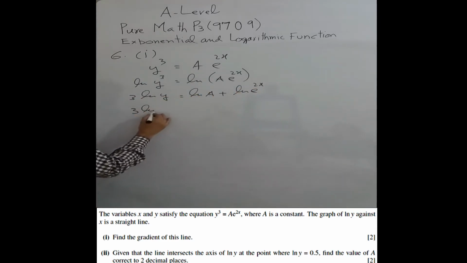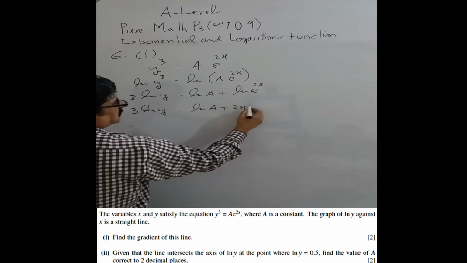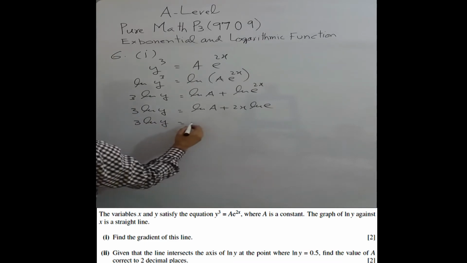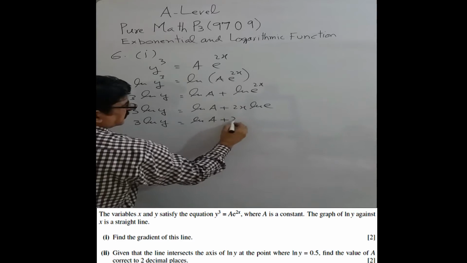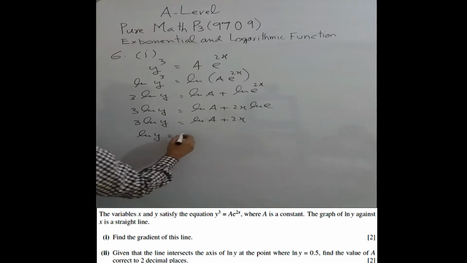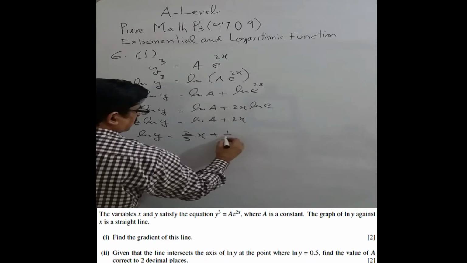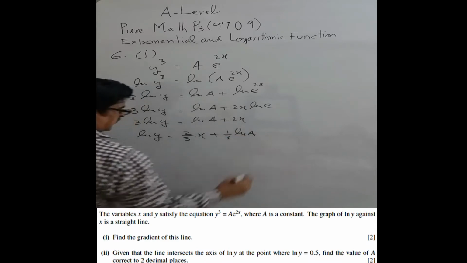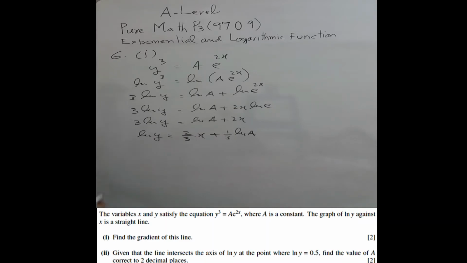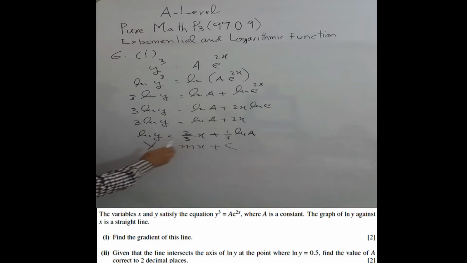You have 3 ln y is equal to ln a plus 2x ln e. This is 3 ln y equal to ln a plus 2x. Ln e is 1. You can write it as ln y is equal to 2 over 3 x plus 1 over 3 ln a. So converting into linear form, we have y equal to mx plus c, where y is ln y and